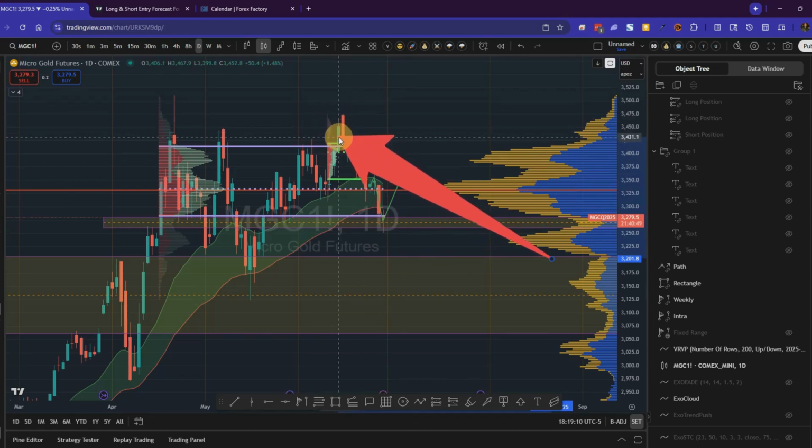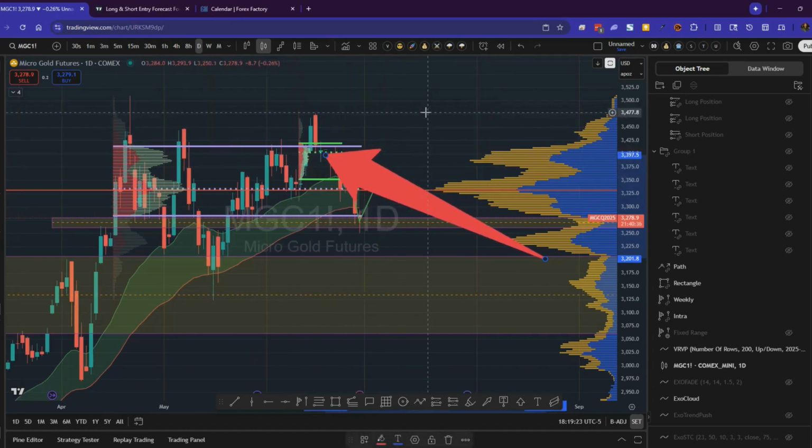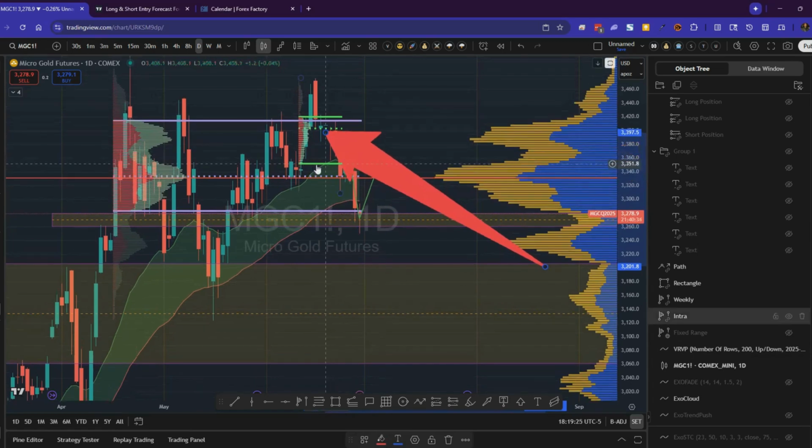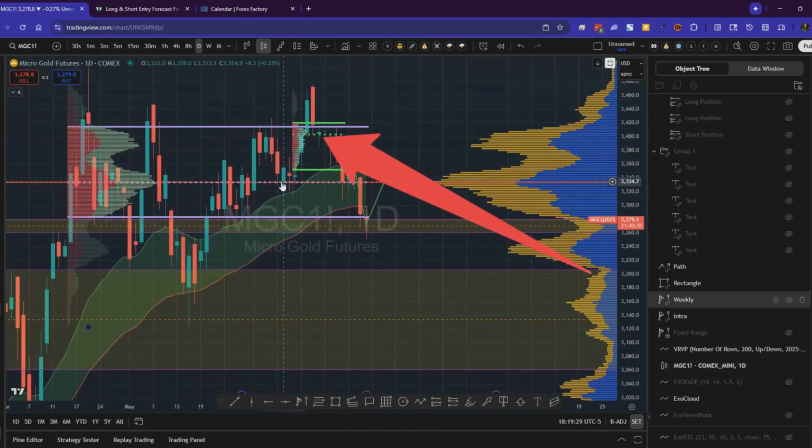That's the first signal we could possibly continue the uptrend. But on the second day, we close pretty much right back in the range. The third day we close back inside the range again. So that's when I then drew my second fixed range profile inside of this range, and I started from where